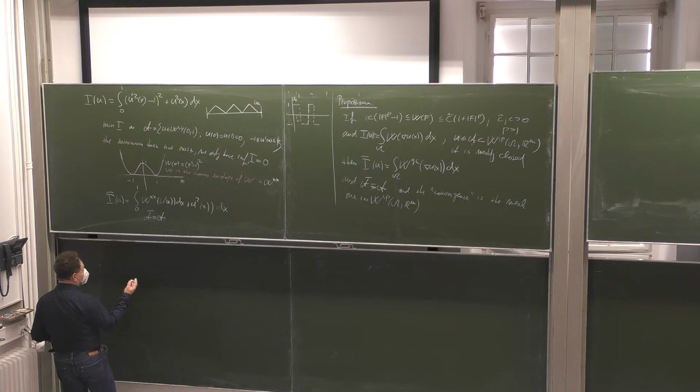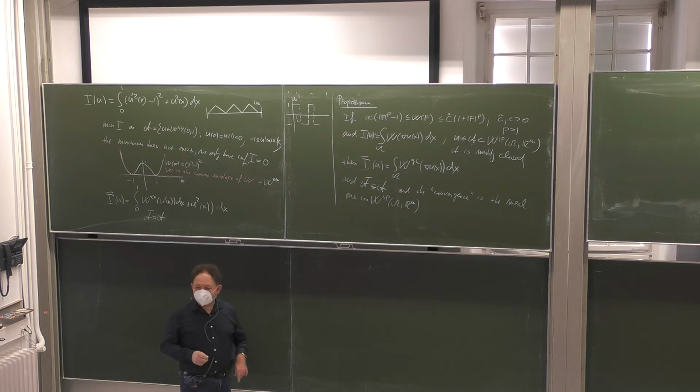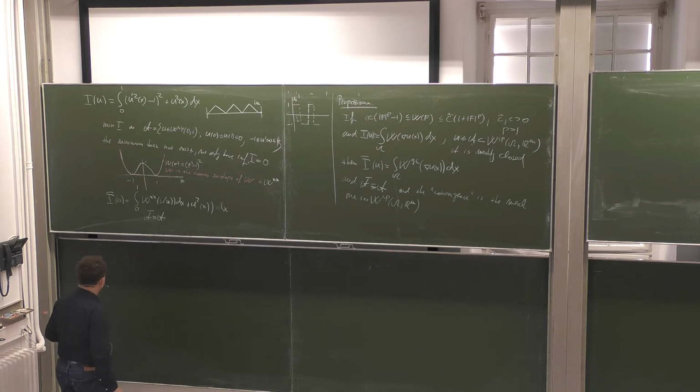And the technology which is behind it was developed, in fact, in the late 30s by L.C. Young for some problems in optimal control, but it was retaken in the 80s by John Ball and Richard James, who were interested in the modeling of shape memory materials, so problems where non-convexity, non-quasi-convexity appears in general. And so this was studied, and there was a flourishing period of Young measures. So Young.